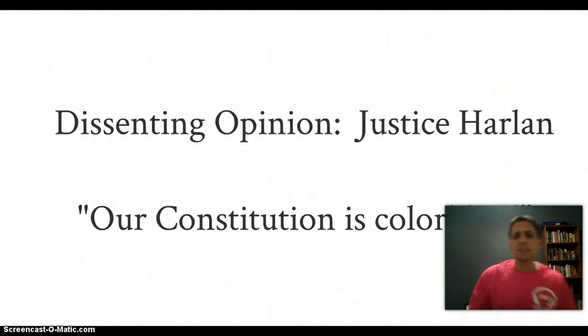What he says here is that our Constitution is colorblind, and you cannot separate out the races, because his argument here is that the history of black and white people in America is too intermingled. And by doing this, you're institutionalizing segregation and you're institutionalizing racism and race hate amongst the different groups in America. And you're setting us up for major conflict and major problems down the line.